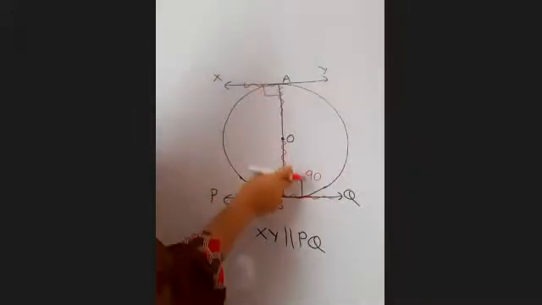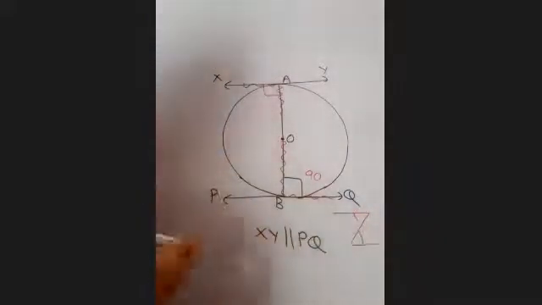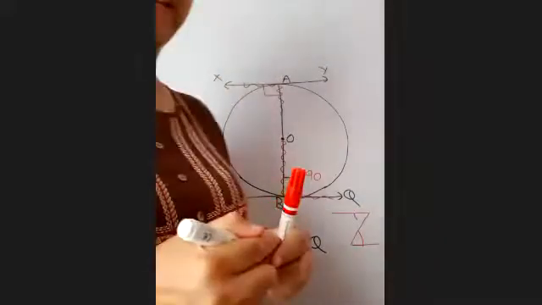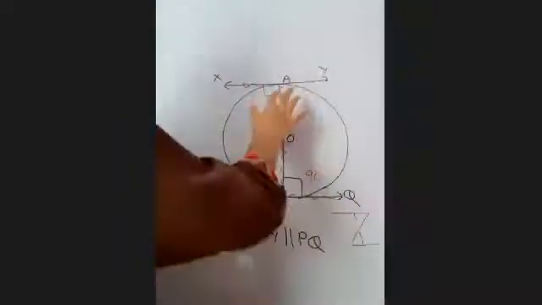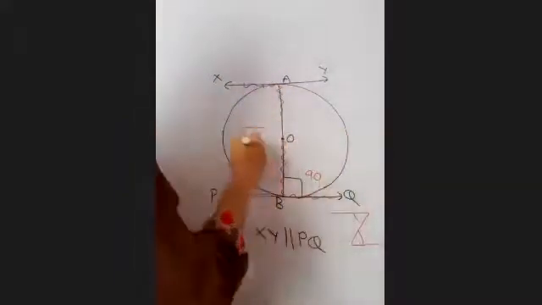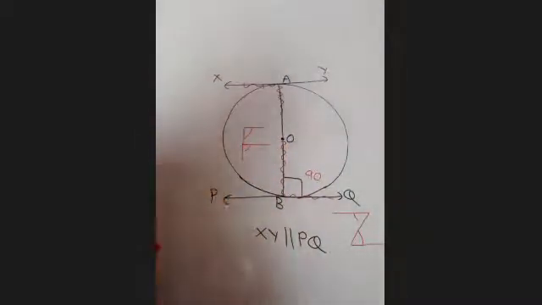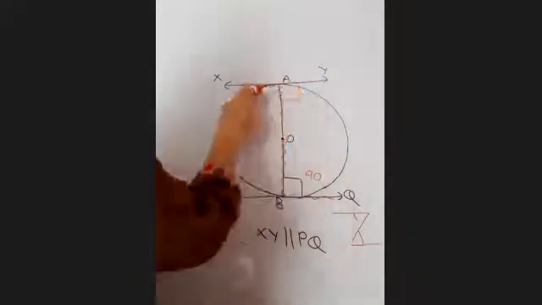What are these angles? Alternate interior angles. Can we also use corresponding angles? Corresponding angles cannot be used here, Aditya, because corresponding angles are F-shaped angles and there is no F being made. But yes, you can show this to be 90 instead of this one.